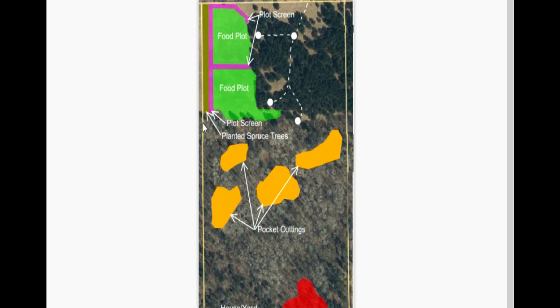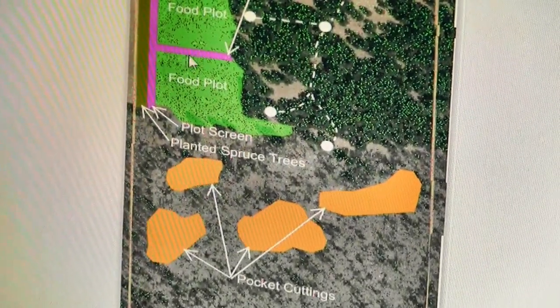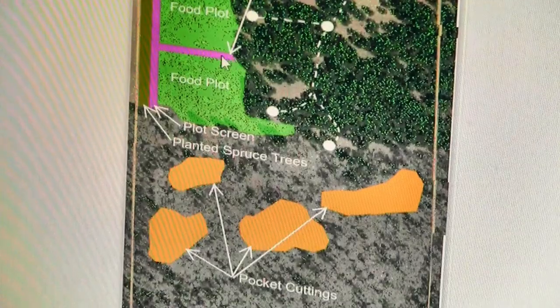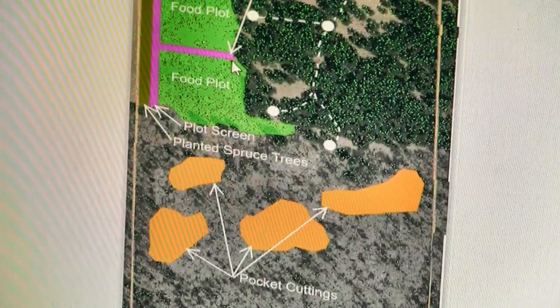You guys can see that I didn't just do a perimeter band of plot screen, but rather I'm running this one through the middle. I'm going to bisect this food plot. This is going to be about 2 acres of food when it's all said and done, approximately 1 acre in this cell and approximately 1 acre in this cell. And the reason I've split it is, again, to make those deer feel even more comfortable, but most importantly,